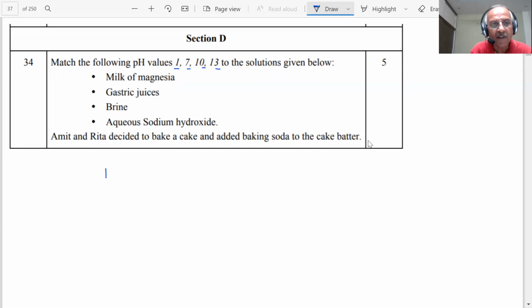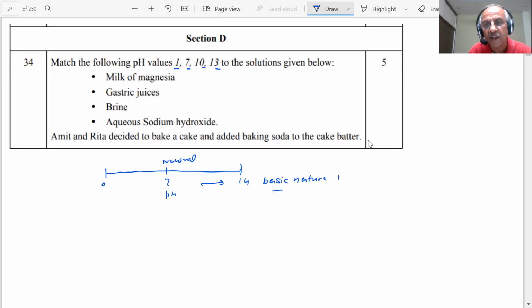Students, if you are aware of the NCERT, you have seen that they have given a chart. Students, this is the pH starting from 0, 7 and 14. This is our neutral solution, pH 7. These are the pH values. Here the pH is increasing and basic nature increases. Basic nature increases, students. And here the pH is decreasing.